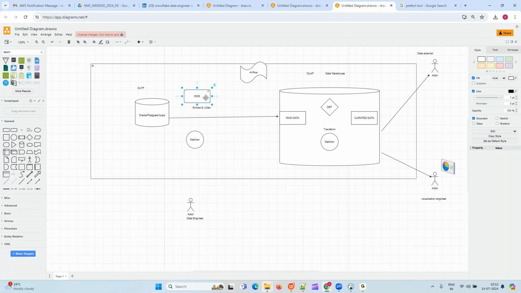How can I apply in companies? I am applying to many companies. Very frankly speaking, I know Snowflake at a basic to intermediate level, but I don't know DBT. That's why I joined here. I am applying to many companies.